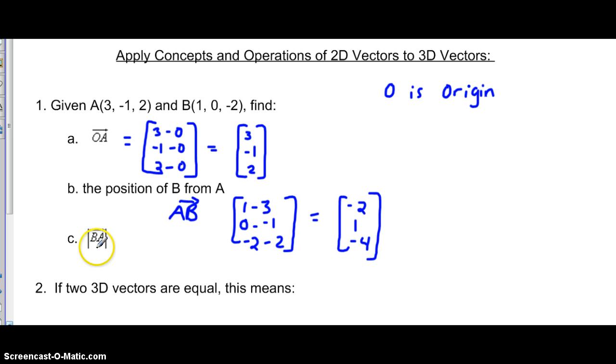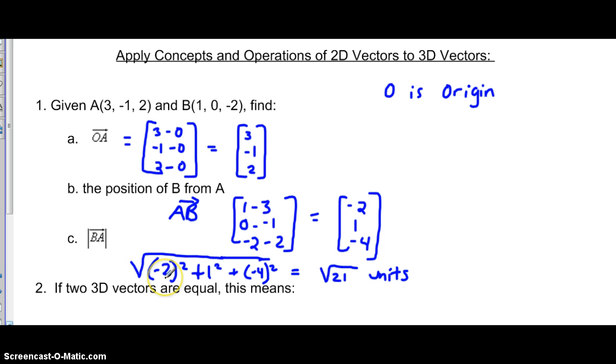Okay, and for part c, we're asking for the magnitude. Remember, this signals magnitude. And our magnitude of BA would be the same as AB, so I can use those same values here. Remember our formula for the distance, the magnitude. By plugging those in, our x would be squared, and our y would be squared, and our z would be squared, resulting in the square root of 21 units. Okay, please try the other problems and get